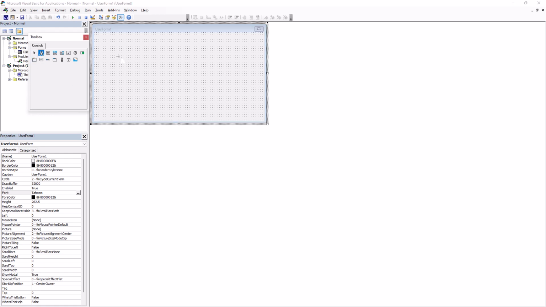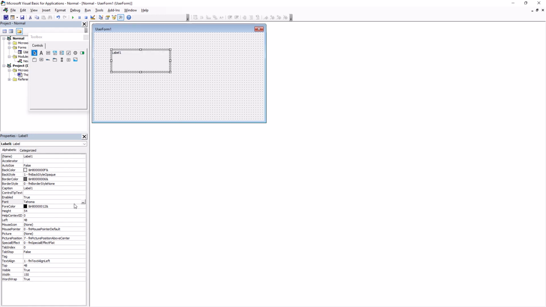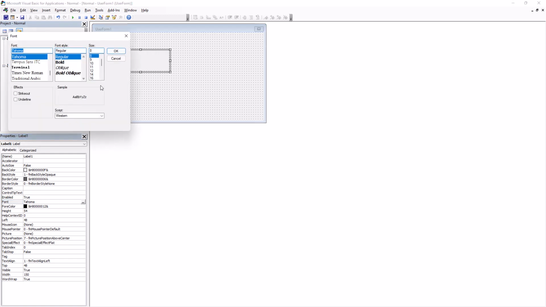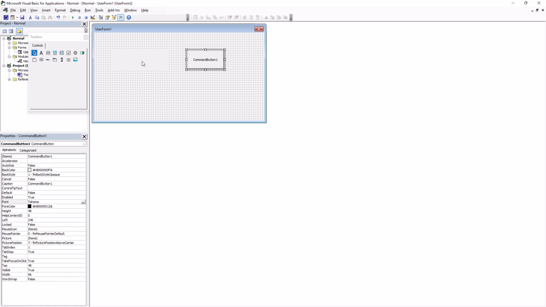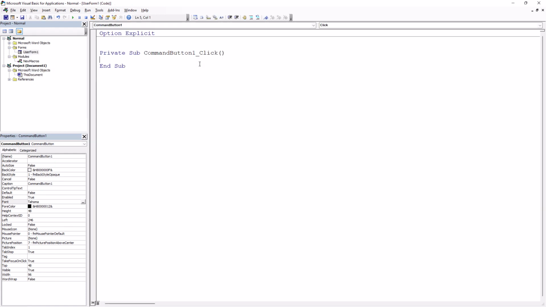I create a label. Allow me to remove the caption and make the font size larger, maybe 16 and bold, okay. And create one command button. I could simply assign the caption with random. I double click on my command button and say